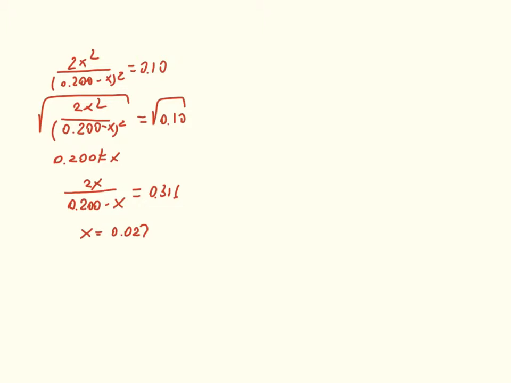This is change in concentration of nitrogen and change in concentration of oxygen. They are the same due to initial concentrations are the same, and stoichiometry is 1 to 1, 0.027. And now we need to find equilibrium concentrations for nitrogen and for oxygen, and it's going to be